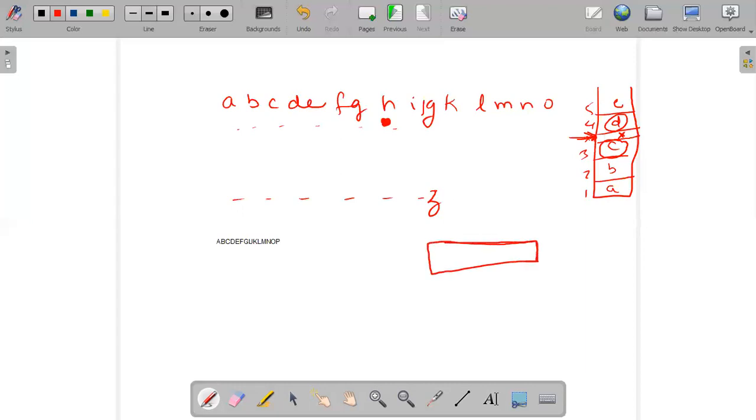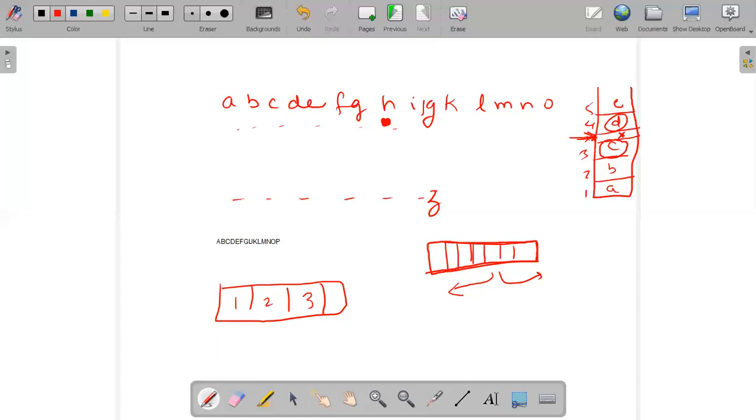The problem with this operation is that if you are performing some operation in between in an array, you have to move all the elements from one place to another. For example, 1, 2, 3 is there, one space is vacant, and you have to add 4 here.